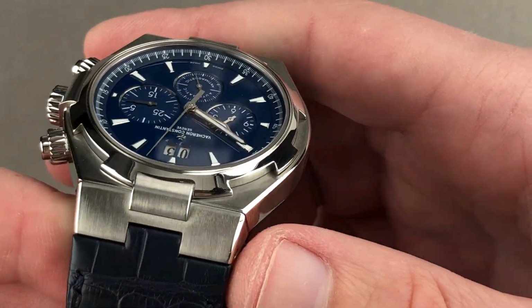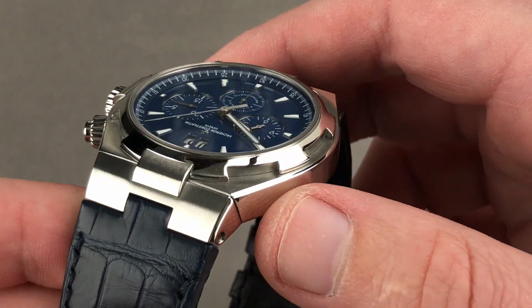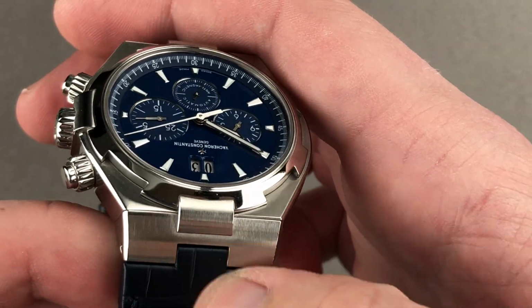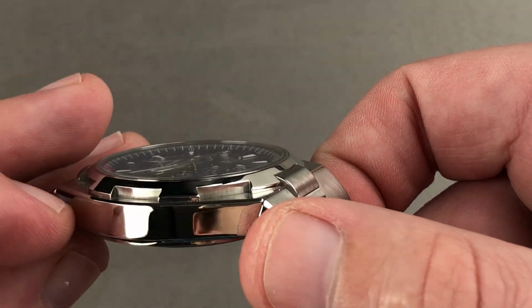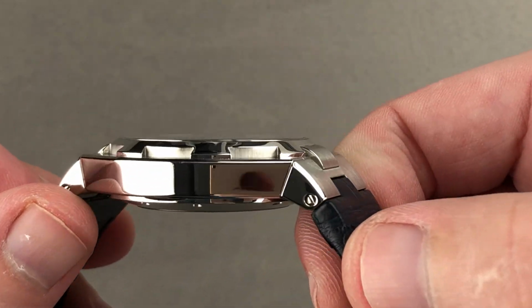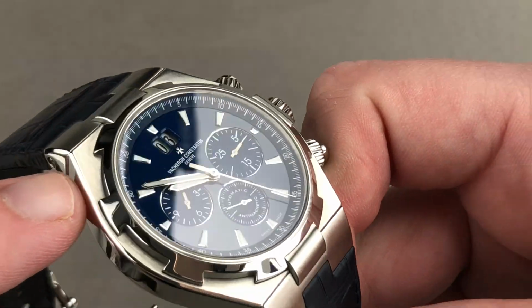The case is hand finished, as its rivals from AP and Patek, and I guess now Lange, will be hand finished, but it's handsome and subtle, with satin finish on the lug hoods as well as the integrating end link. You'll also appreciate that the recesses of the Maltese cross bezel are vertical satin finished, while the projections of the bezel are of high polish. The case flank is of polish, and you'll note there's a lovely little rounded bevel that runs the full length